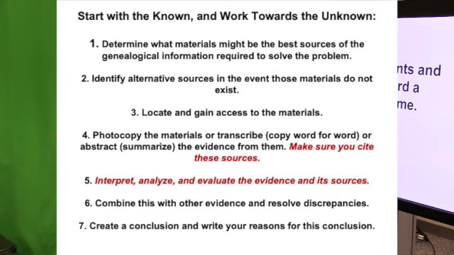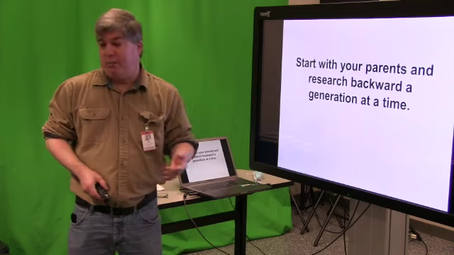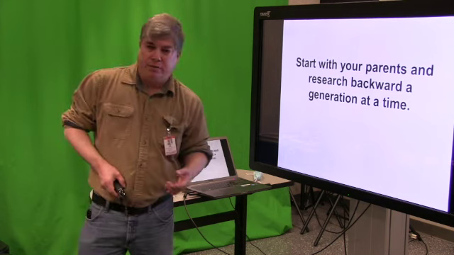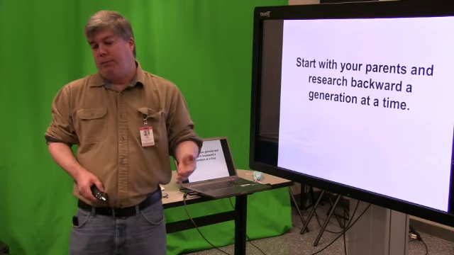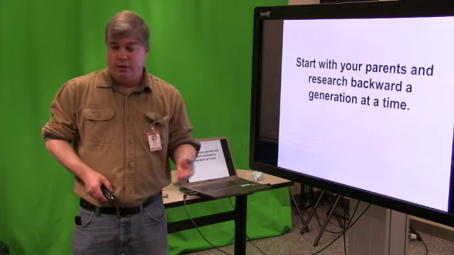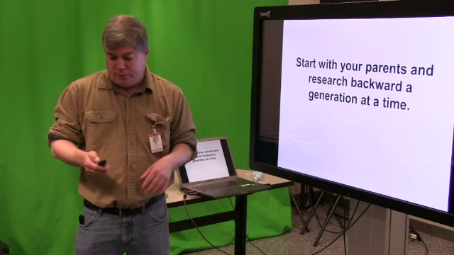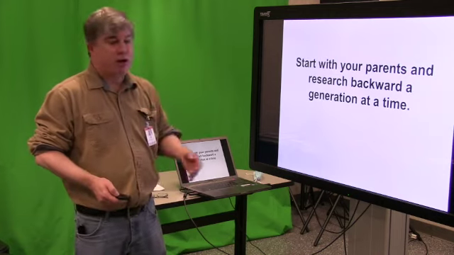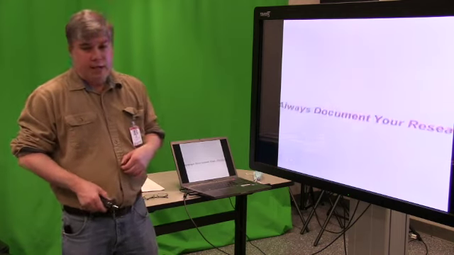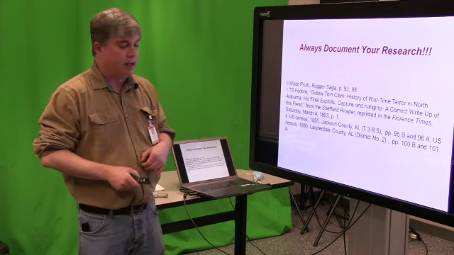And as I said, start with now and go backwards. So you want to start with your parents or grandparents and work backwards a generation at a time. Now, Brian Newton, who's president of the Genealogical Society and a friend of mine, says start with you. So if you can find documents on yourself, like your birth certificate and stuff like that, go ahead and do that. But it's easier to find records on people that have been dead 100 years than it is for people that are still living because of privacy reasons. So it really does help to start with your parents or grandparents and work backwards a generation at a time.